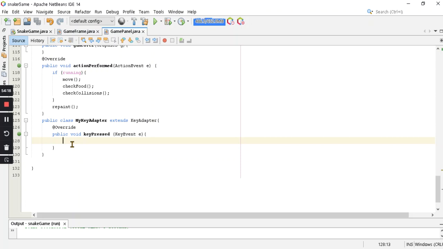So we will need to switch it, get key code. Sorry for that. Get key code, which is